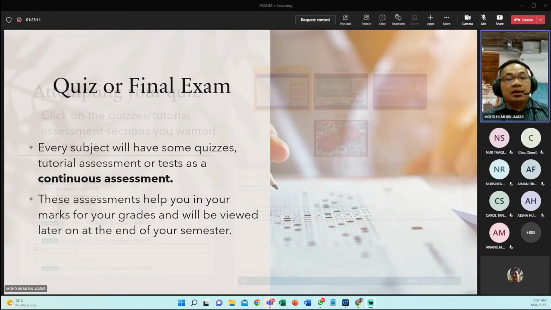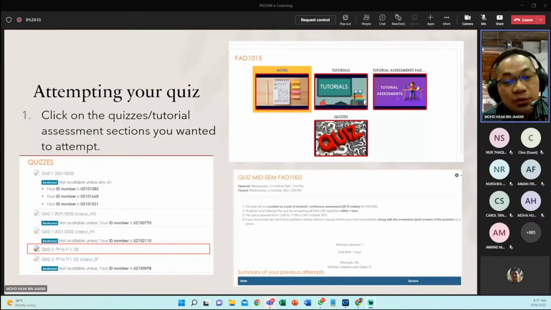Here I'll go through with you how to attempt the quiz. Unfortunately, I cannot go through this in the website itself because you cannot access Spectrum yet. Otherwise, I could guide you through one example of a quiz and you could learn hands on. But since you cannot access it yet, I'll go through this prepared slide on how to attempt the quiz. In the course page you can see,